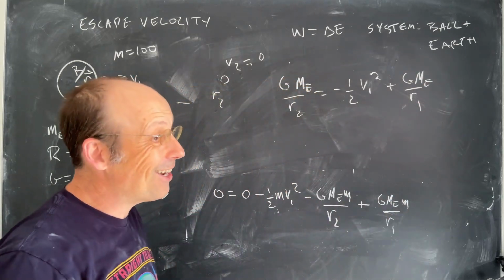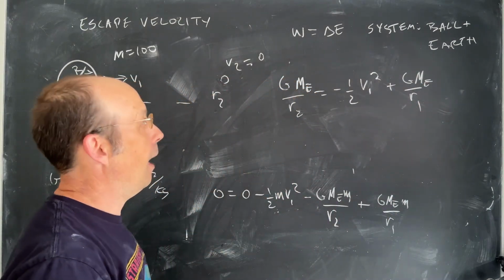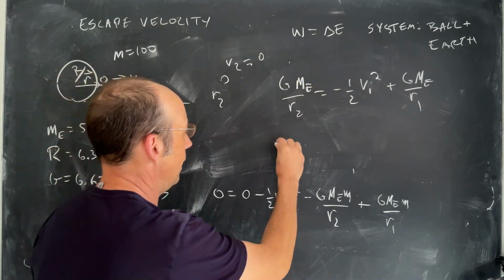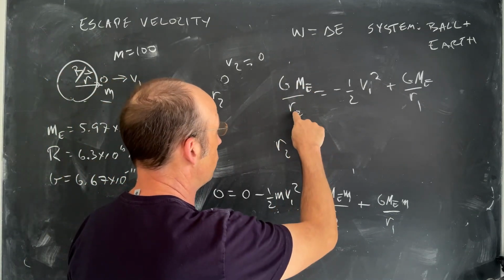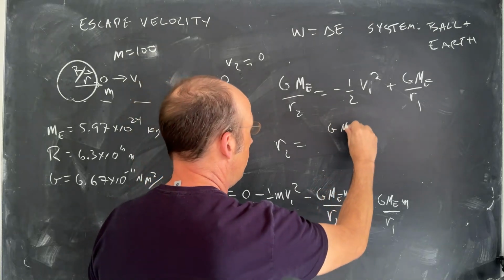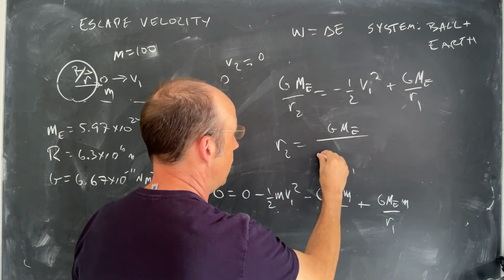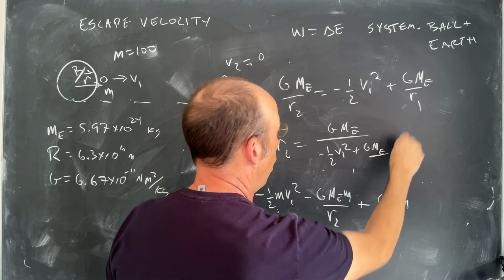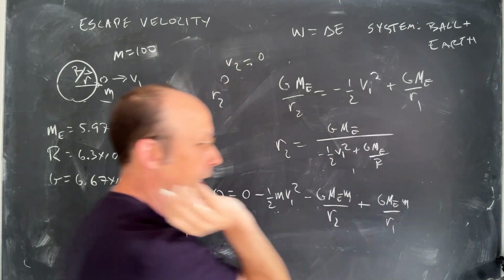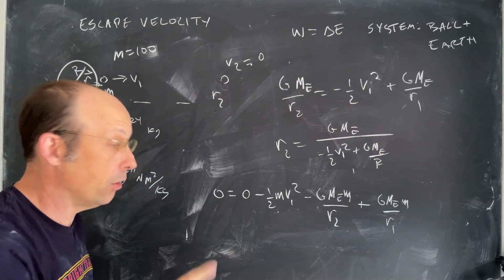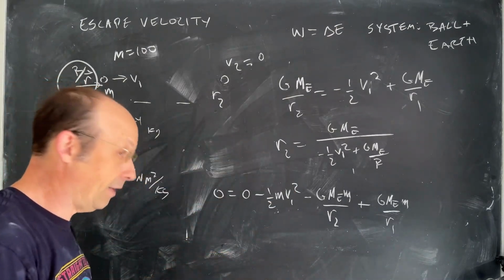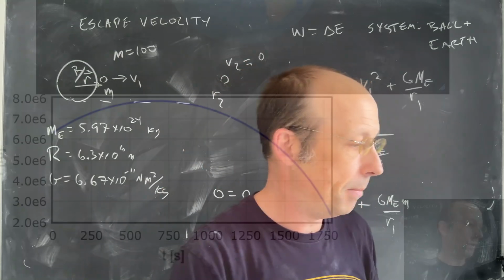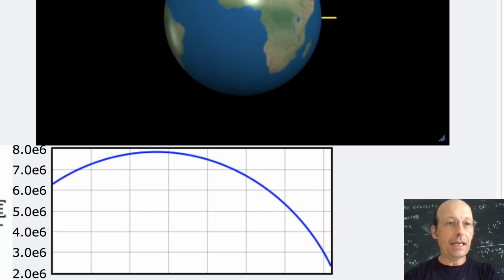Now, it's not pretty to solve. I'm going to solve this in an ugly way. I'm just going to essentially cross multiply, and I can get r2. r2 is equal to G M_E over all this, negative 1/2 v1 squared plus G M_E over r1, which is r. Okay, so that's how high it goes. Now let's just go back to Python and see if we can calculate this and compare it to what we did. So switching back to Python, over here at the end,